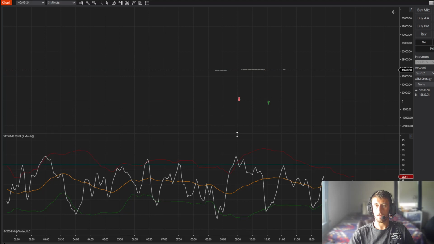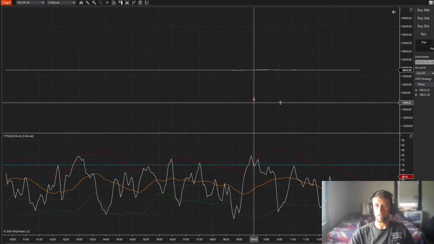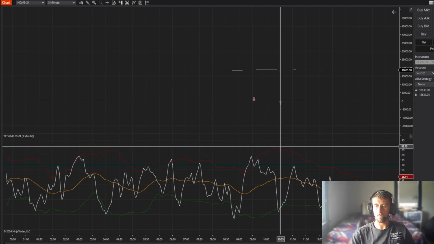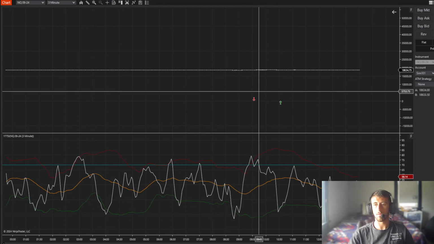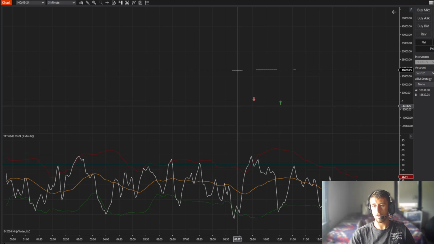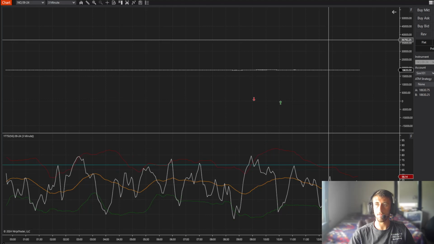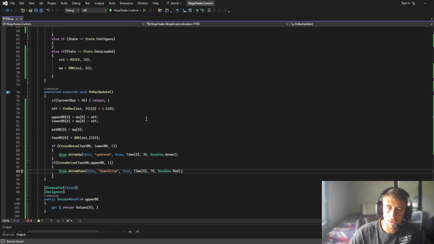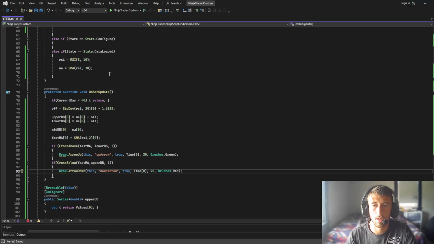Okay. So I did it here, which is not what we want. But this one looks good. Okay, so two things we need to do. One, since we would have drawn one here, but since it has the same string name as this, instead of drawing a new one, it replaces this one. So the first thing we need to do is create a new string name for every single arrow that we want to draw. So to do that,